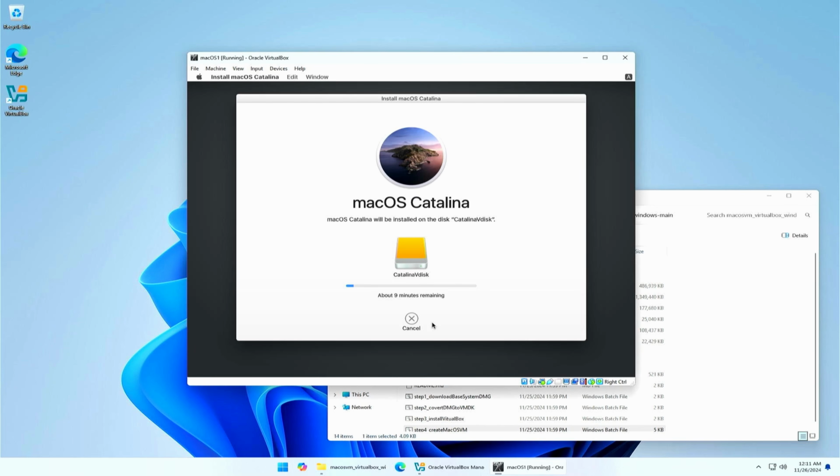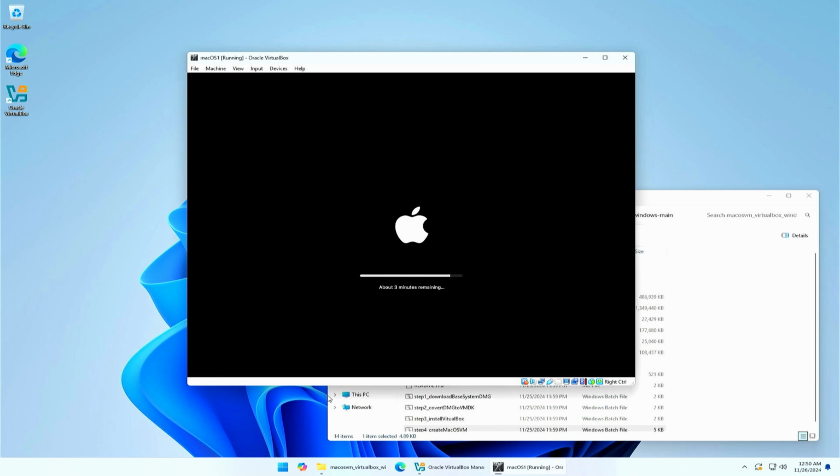All required files will be downloaded and installed on that new virtual drive in the macOS 1 virtual machine. For me, all of this took almost a full hour, but I'm doing this on a fairly old 4th Gen Intel Core CPU with a regular SATA SSD, so that might have played a role.